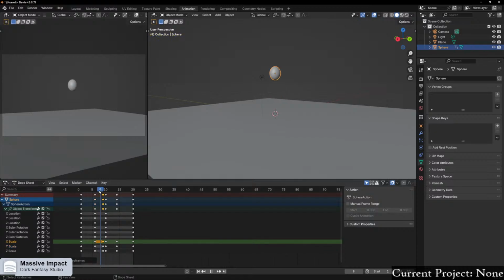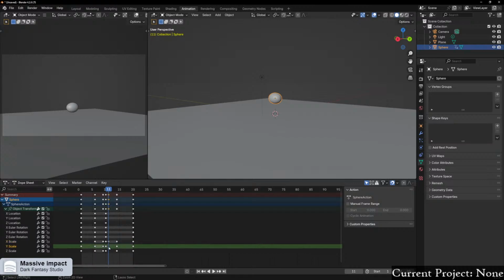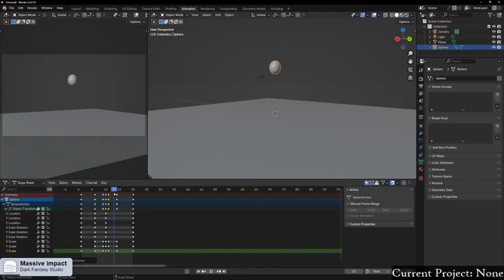So on frame 9 it goes into that position, and then on frame 11 it returns to the stretch position. So if I do that,